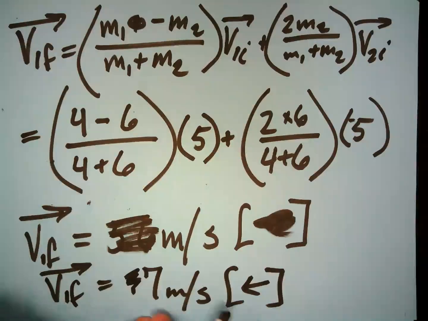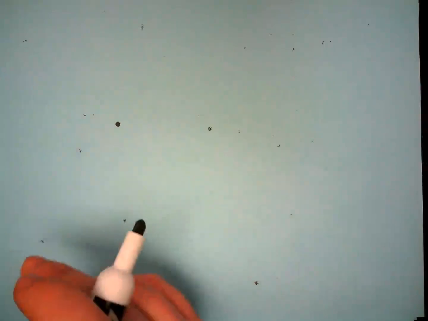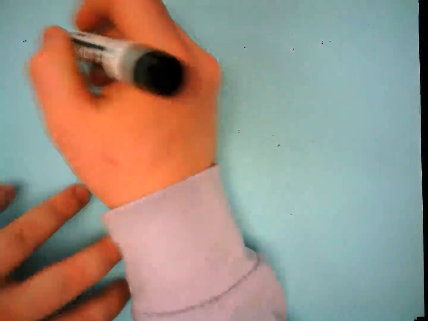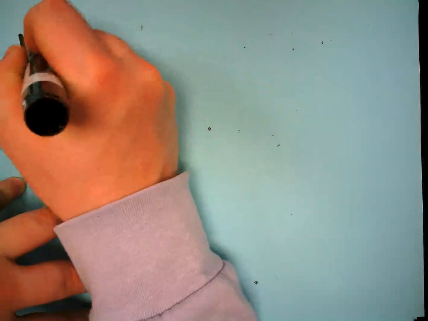So get rid of that. 7 meters per second in the opposite direction that it began with. Okay, so we're going to double check that at the end, because I told you that's a great way. We're going to double check to make sure that the initial momentum is equal to the final momentum. Okay, and then here we're going to find the final velocity of our second object here,